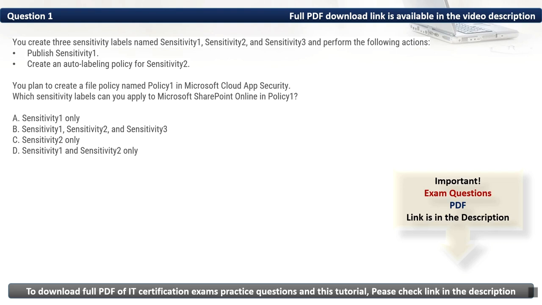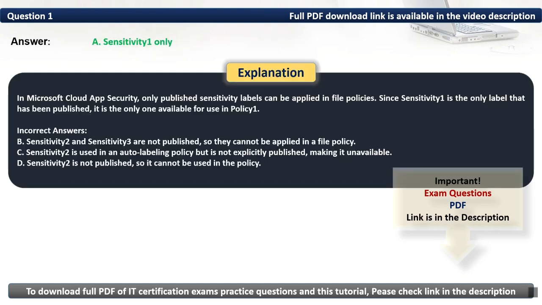As such, the sensitivity label that we can apply to Microsoft SharePoint Online in Policy 1 is Sensitivity 1 only. As such, the correct option is A. In Microsoft Cloud App Security, only published sensitivity labels can be applied in file policies. Since Sensitivity 1 is the only label that has been published, it is the only one available for use in